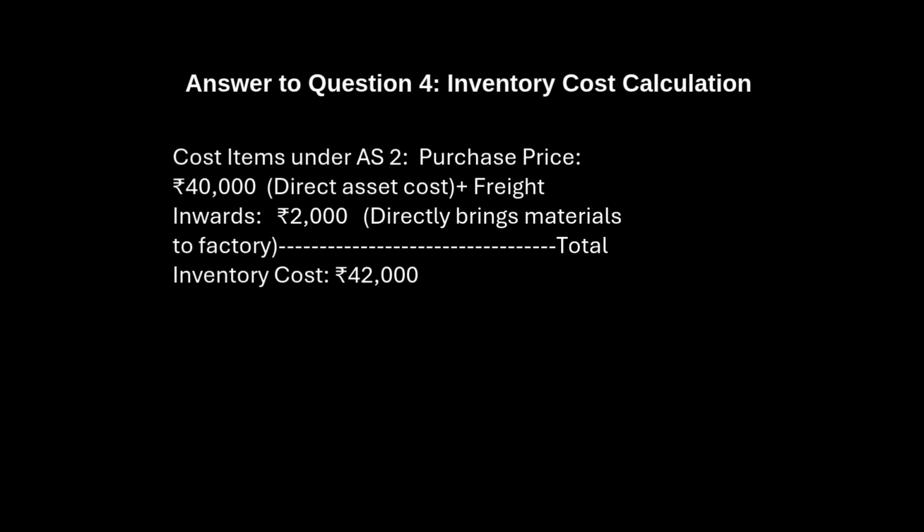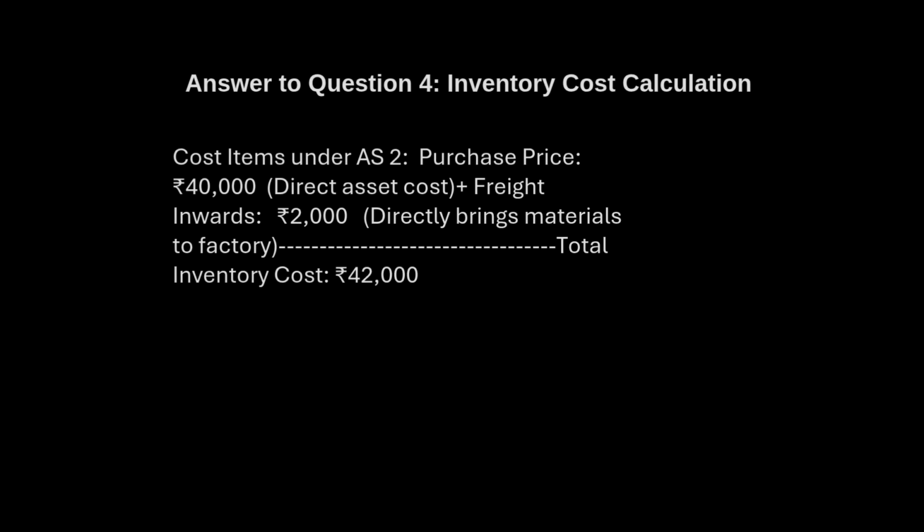Let's break down the math for our inventory problem in question 4. Under Accounting Standard 2, the cost of inventory includes the core purchase price and all expenditures directly required to bring that material to its present location and condition. So, we take the 40,000 rupee purchase price and add the 2,000 rupees of freight inwards, giving us a final inventory cost of 42,000 rupees. But watch out for the trap. The 1,500 rupees for freight outwards is a selling and distribution expense, meaning it hits the income statement immediately and is strictly excluded from